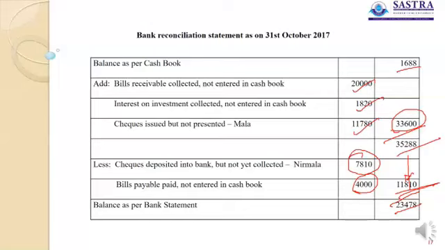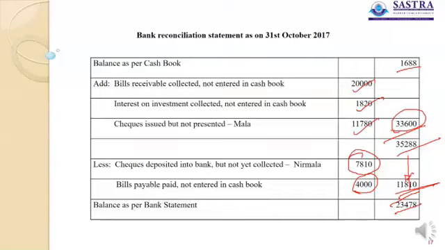Suppose you issued a check as a payment. That payment might have been entered in your cash book, so it decreases the cash book's balance. Suppose you gave a standing order to the bank for the collection of your security deposit income. Being an income, it might have been entered as a credit in your account by the banker, but not brought to your notice, which may be showing a lesser cash book balance. So in the first case, payment, put minus in cash book and plus in passbook.